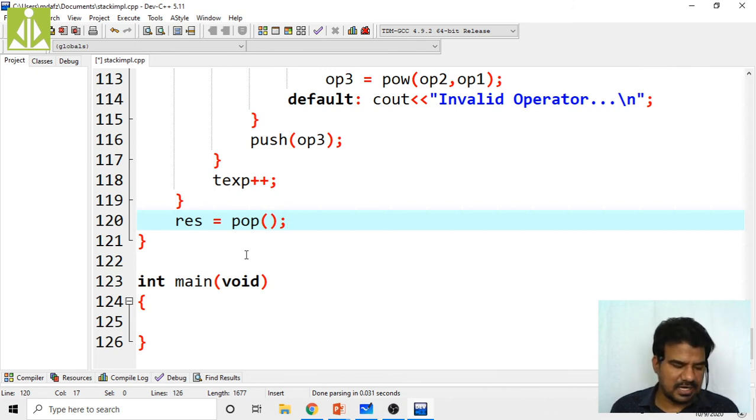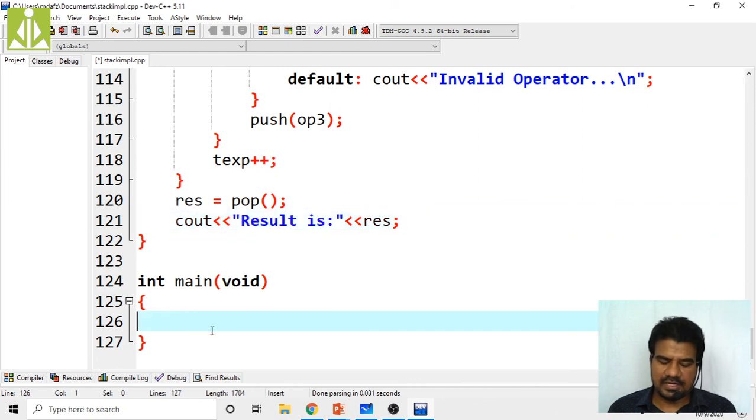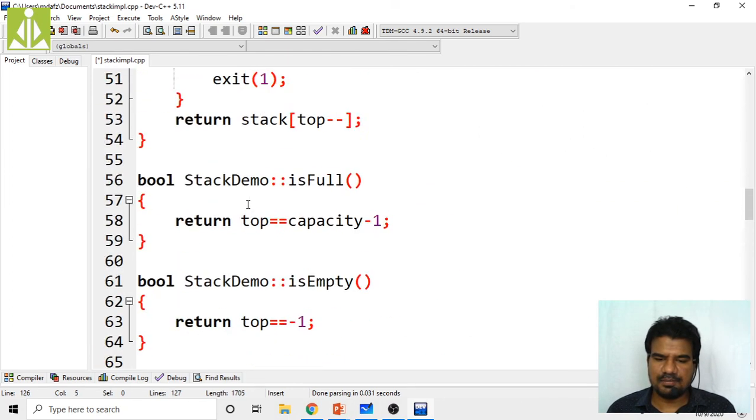So pop that result and print it here only. C out of, take result is, here you print that result, res. That's it. So like this, we have done the entire program.